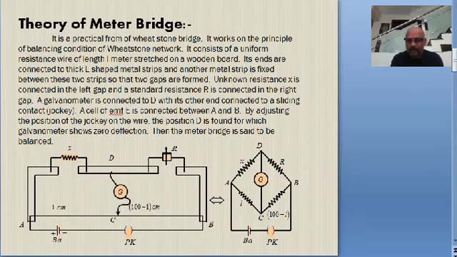You can slide this sliding contact from the end A until the end B. At some point, somewhere here, the bridge becomes balanced. Say the bridge becomes balanced when the sliding contact is kept at C. What do you mean by the bridge being balanced? The bridge is balanced when the current in the galvanometer is 0, Ig is equal to 0.